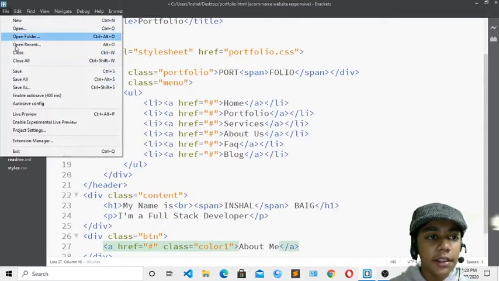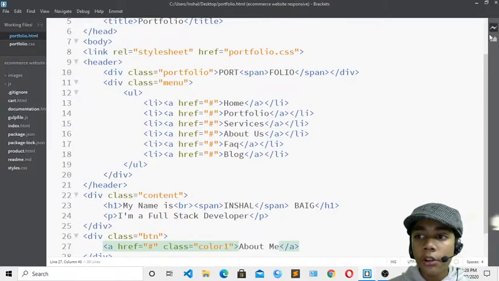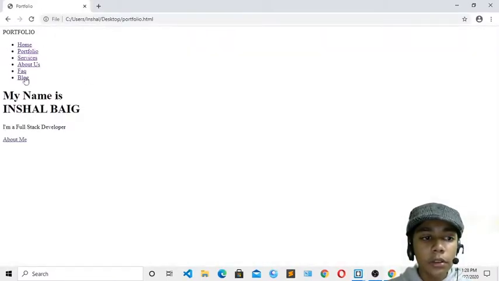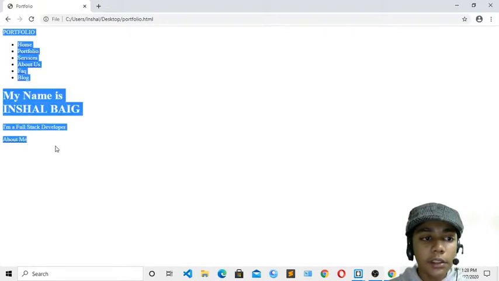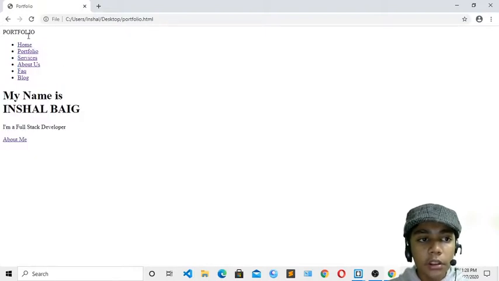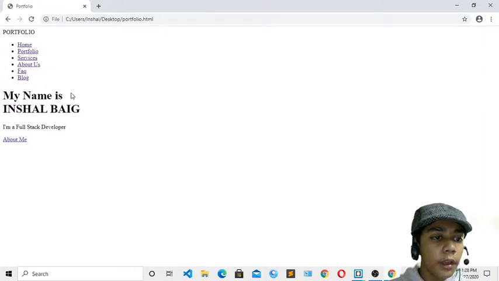Over here I will save that, and if I show you, you have to press this live preview. Okay, now you can see my live preview is loading. Here you can see all the things which I have written have come. So my content will be enough over here. Now I will define this page, and then I will define my about me section.